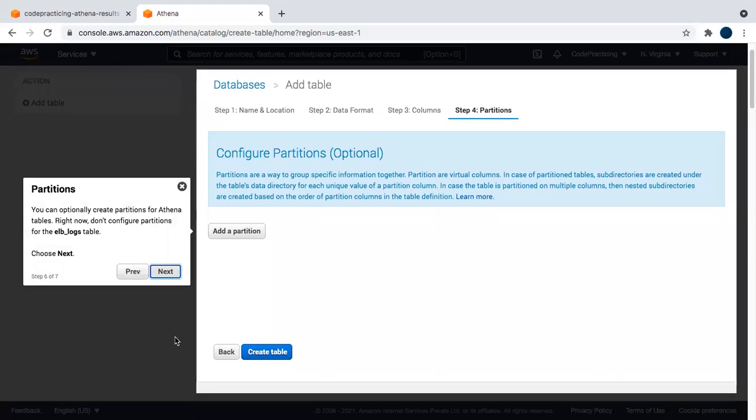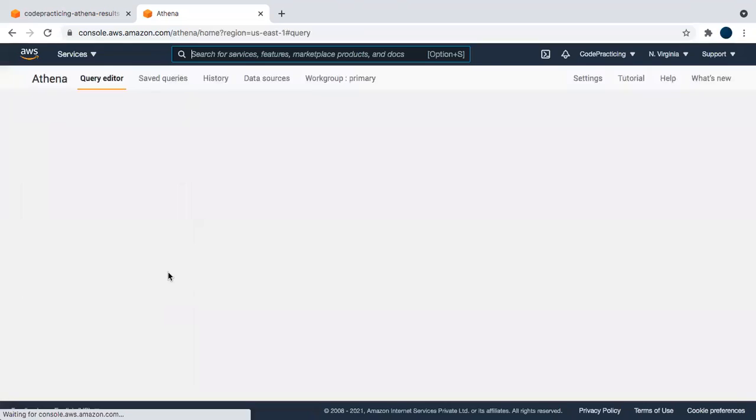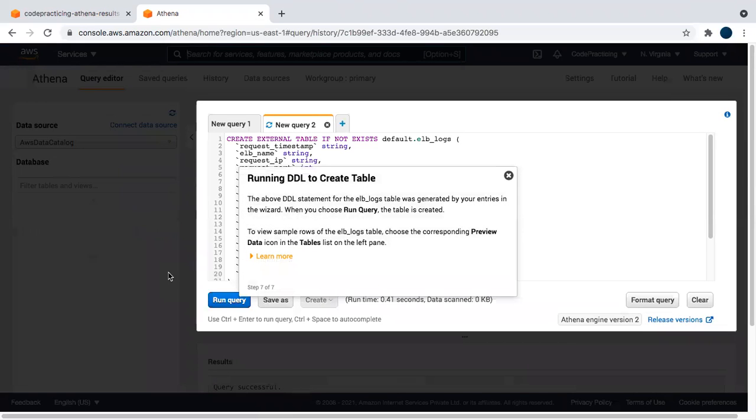Partition. You can optionally create a partition for Athena tables. Right now, don't configure partition for ELB logs and click on next. It will display the create statement in a query editor.